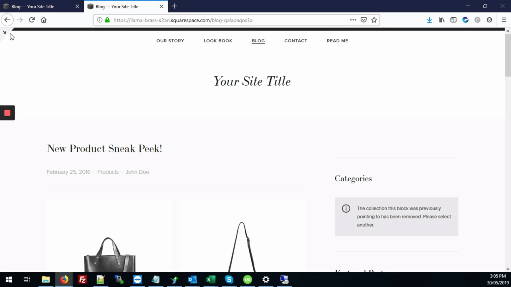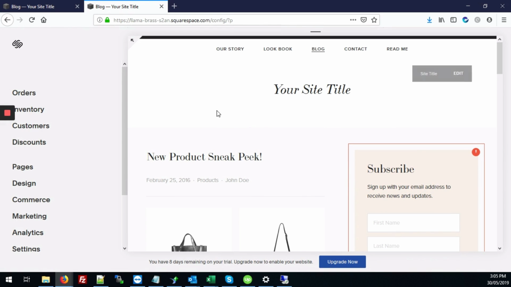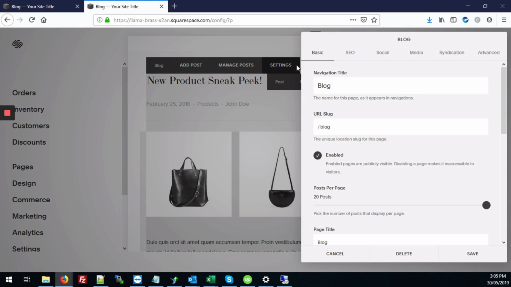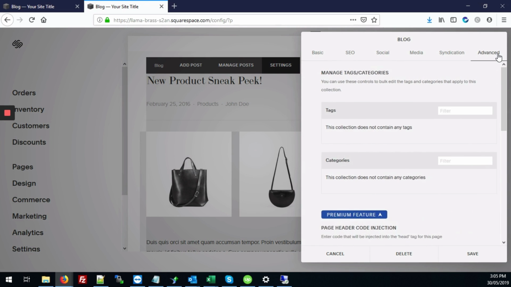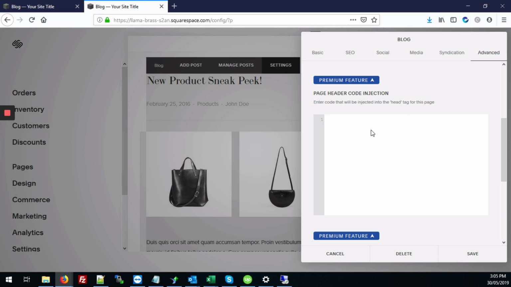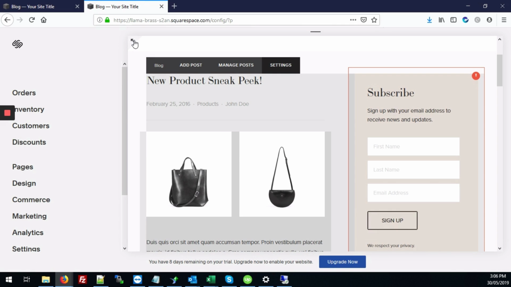The first step is to go into the back end of the site. You're going to hover over the blog section and go to settings. Click on the advanced tab. By making the changes in blog settings, these changes will only apply to the blog page. If you want the heading changes to apply to all pages, you'll go into design, then custom CSS. But before I get to the code, what we'll need to do first is